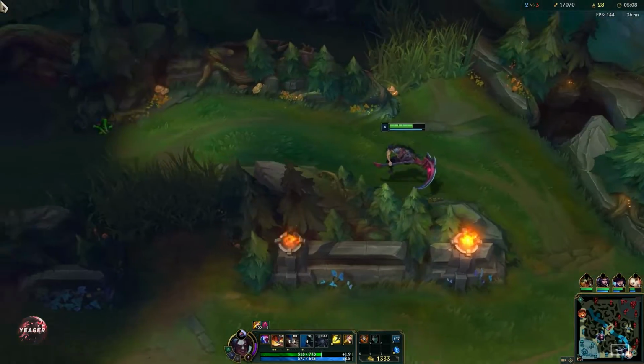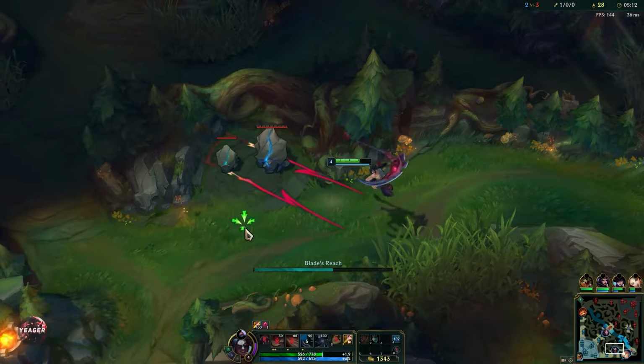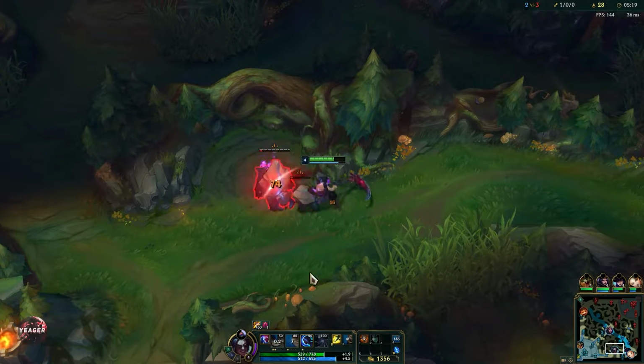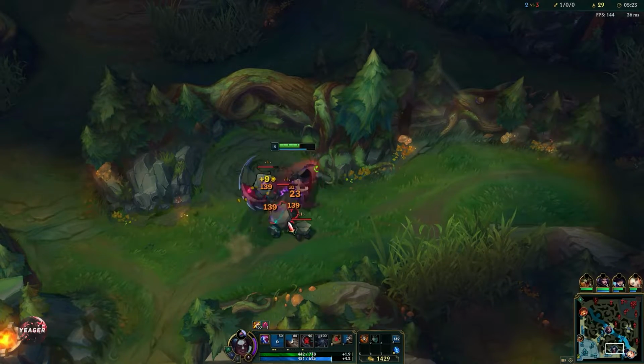So normally I started the combo out with W because I wanted to put the slow on him first. That way even if you flashed out, then you will still secure the kill. I'm just gonna keep ganking bot side. That's pretty much all I have to do. Early stage you have to play